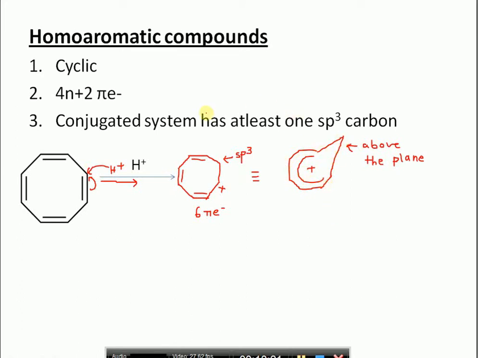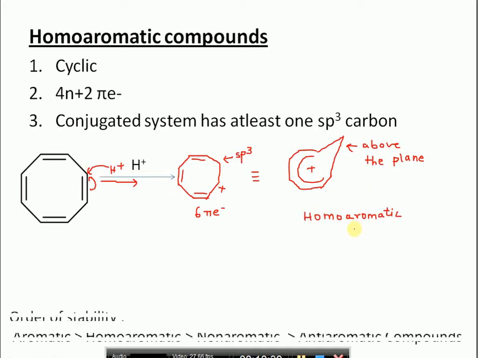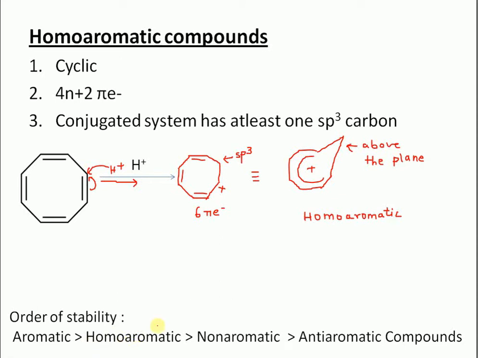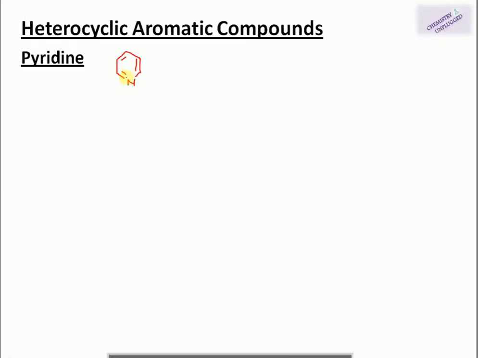Then what will be the stability order of these compounds? The most stable compounds are aromatic compounds, then homoaromatic compounds, then non-aromatic compounds, and antiaromatic compounds are the least stable. So aromatic compounds are the most stable and antiaromatic compounds are the least stable. Then heterocyclic compounds are also aromatic in nature. So first is pyridine. Pyridine is aromatic in nature and it has 3 pi bonds, meaning a 6 pi electron system,